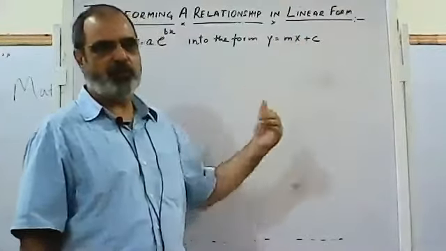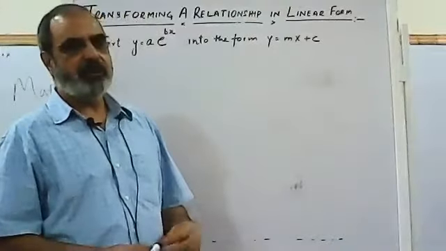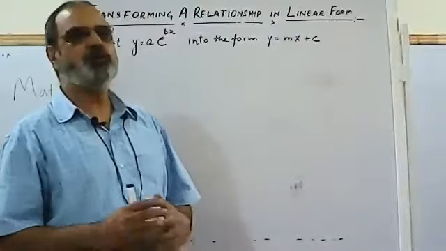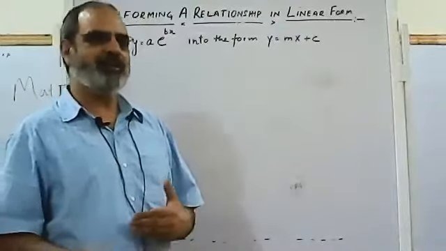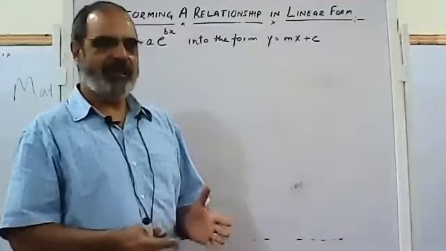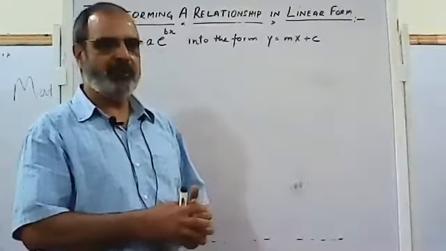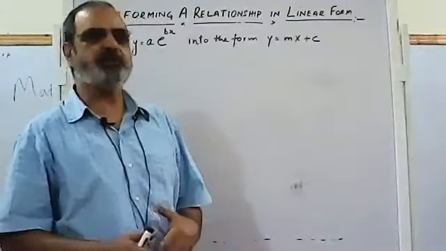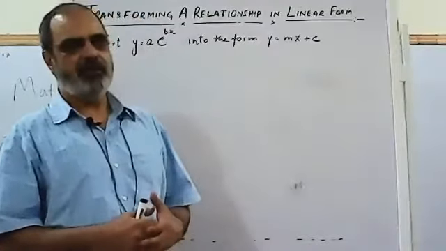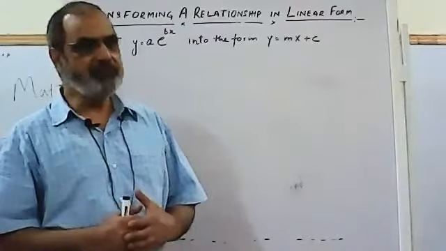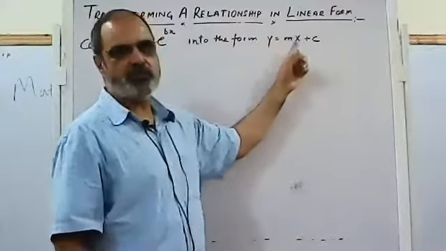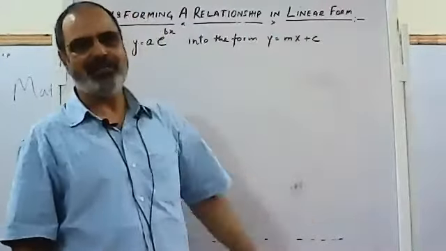So again, I'm going to repeat. In experimental data, you collect experimental data about two variables. One is independent and one is dependent. You want to establish a relation between them, whether they have a linear relation or quadratic relation or exponential relation. For that purpose, we plot the data on the graph. If the plot is a straight line, we can easily say the relation between them is y is equal to mx plus c. That is a linear relation.